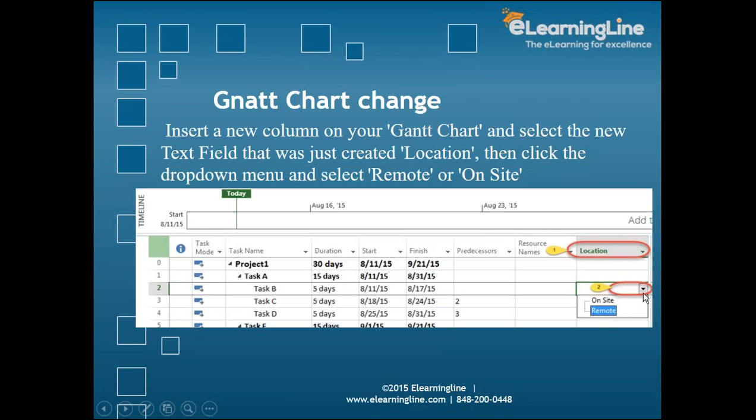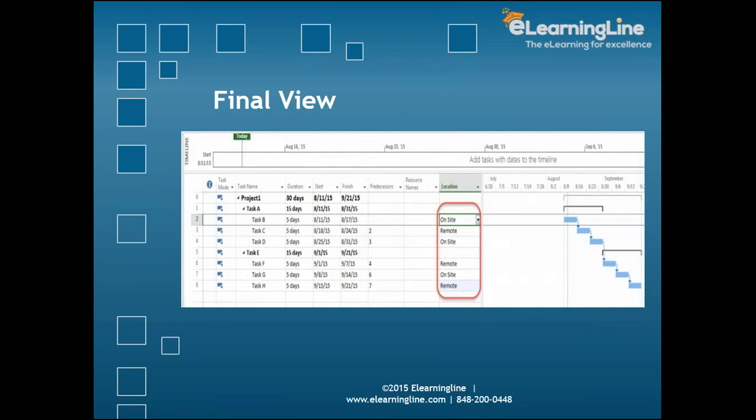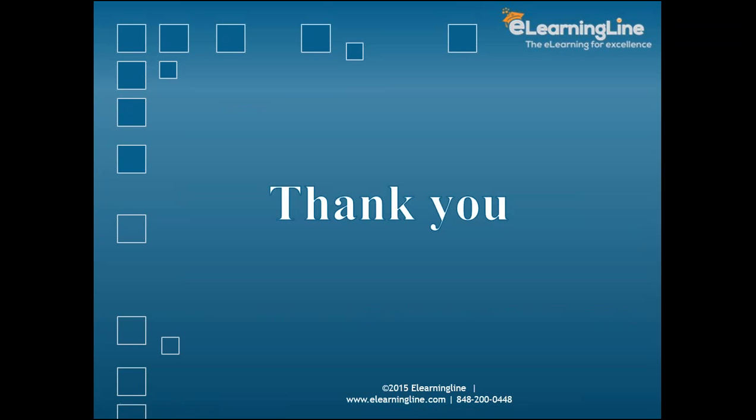Now in that custom field, you have an option. When you click on the drop down, it will give you that on-site versus remote. These are the values. So whichever you select will be the value for this particular field. So that is how you created the custom field. Now how the final view will look like. Once you assign all the tasks and the location associated with that, you will see exactly which value you have picked up. So it gives you the flexibility to create a drop down kind of a projection for the values which you want to showcase. And that is the end of chapter 5.